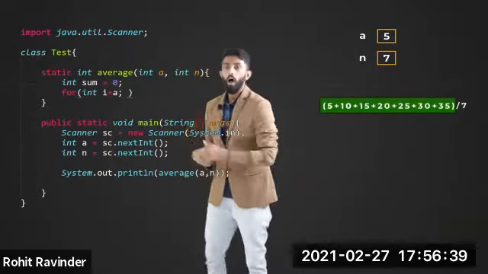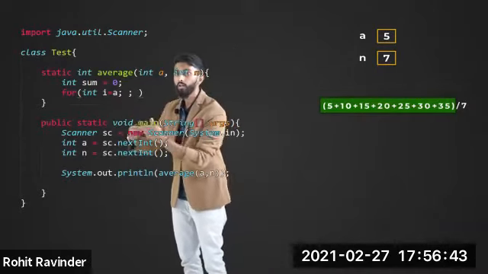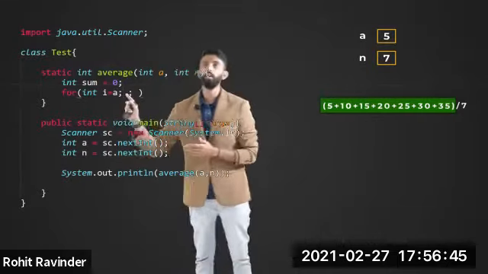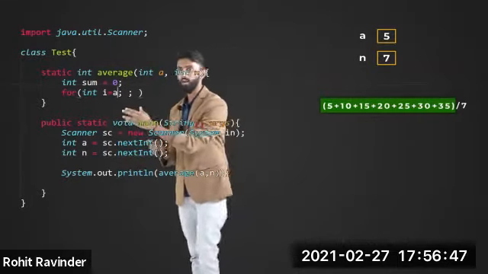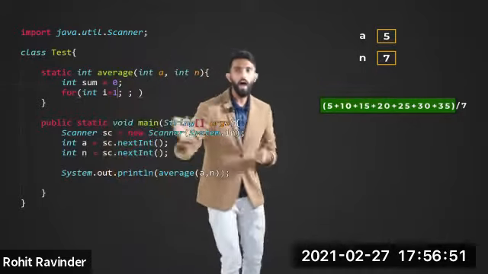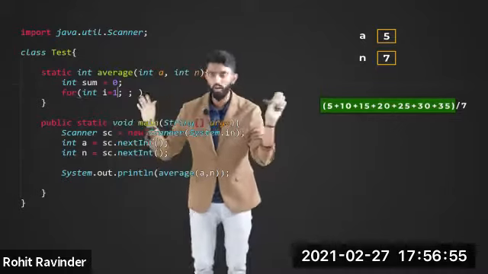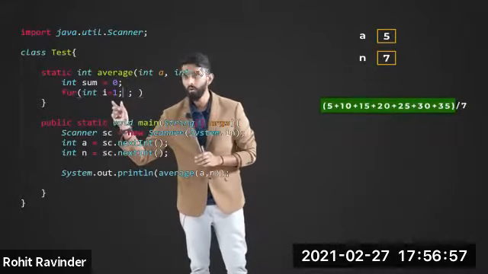Next, how many times do I want this to execute? Maybe let us not say a, remove that. Maybe we can make it 1 itself, because I want the loop to control the number of iterations. Forget about it. I'll write int i equal to 1.